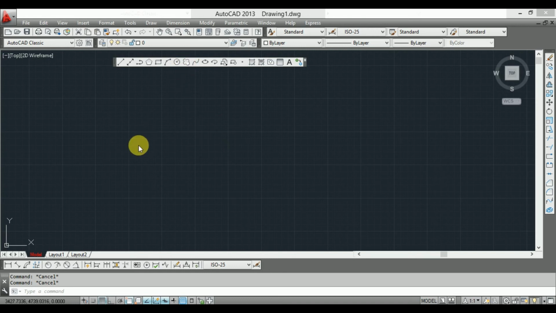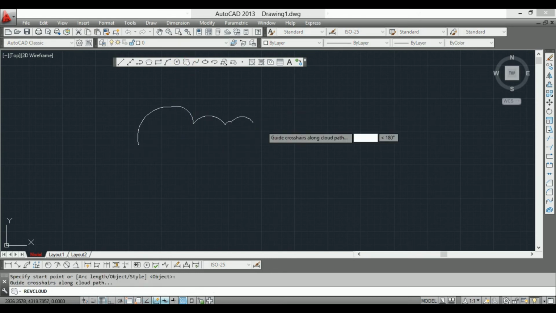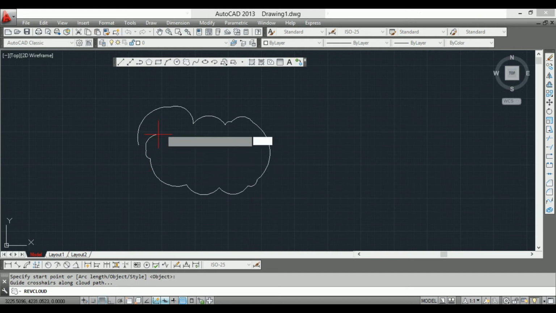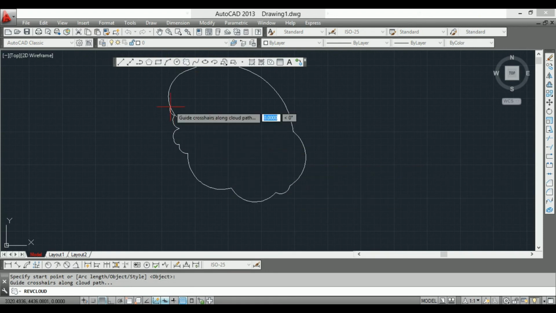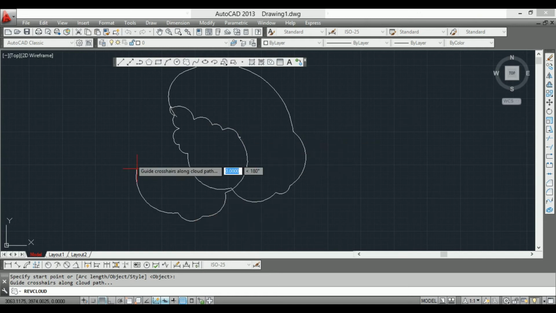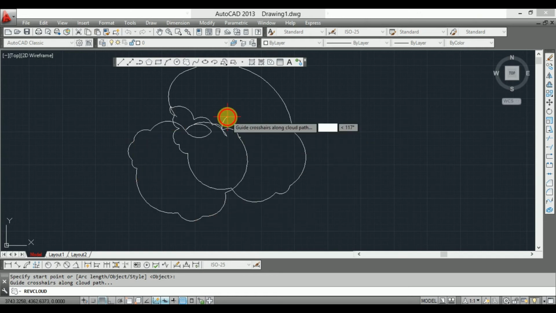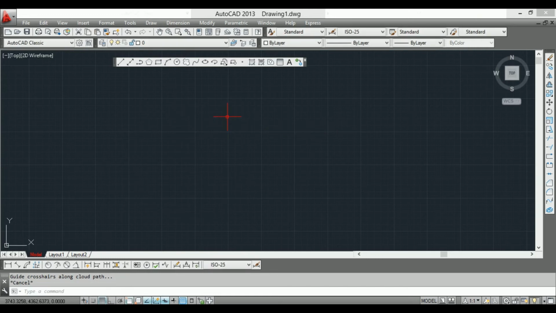Click like this, and it will close like this. You can click like this, like this.